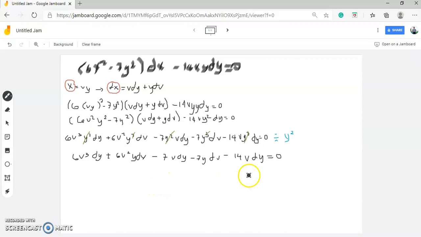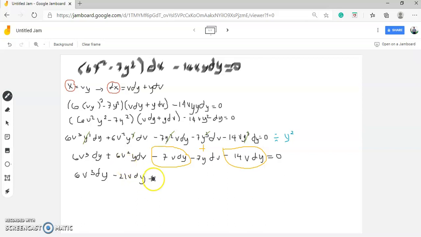So, do we have something to simplify? Okay, we have this one. We could add this one and this one, right? We could add the two. So negative 21, right? So we have to copy. So you have 6v cubed dy. Let's combine it already. So this is dy also. Negative 21v dy